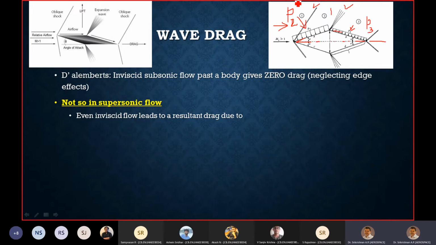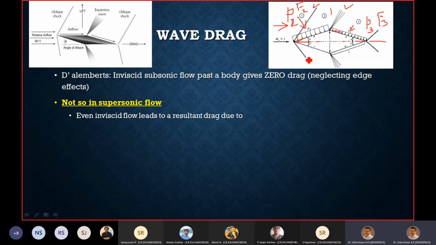As a result, I have F2, the force, P2 into area, acting here, and I have F3 acting here. Now F3 is lower than F2 because P3 is lower than P2, which in turn means that there is going to be a resultant force. This kind of force variation on the surface of the body is what leads to an